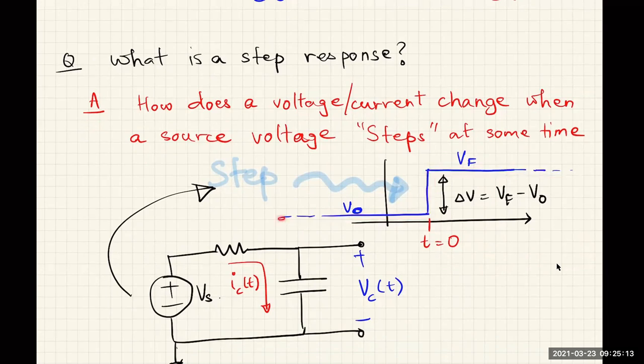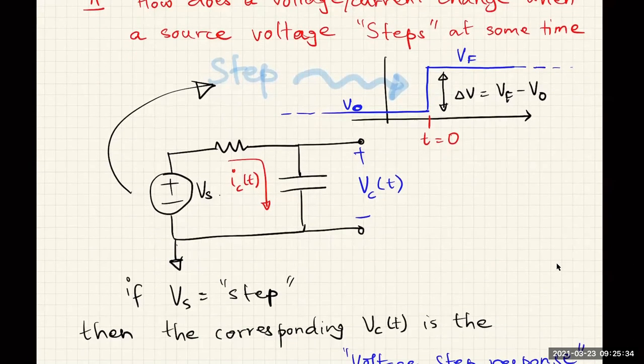So for example, here, the voltage Vs is V0 before time t equals 0, and at time t equals 0, it abruptly steps to voltage Vf, right? So this is what we call a step function. So what a step response is, is the response of any voltage in a circuit due to the step function